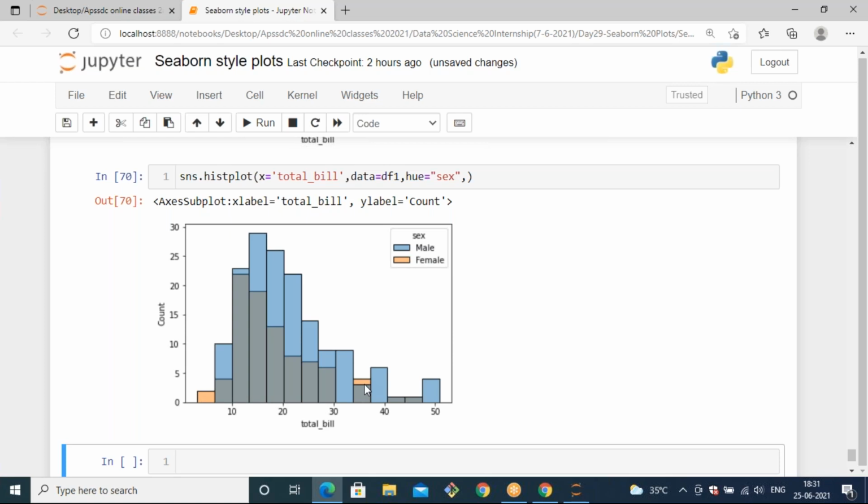But apart from that, there are females in between some other range also. We are not going to observe those changes here, because it is a histogram, and by using histogram, the data is distributed inside a single range, like this, in this range only. When you display this with respect to column, you can understand.